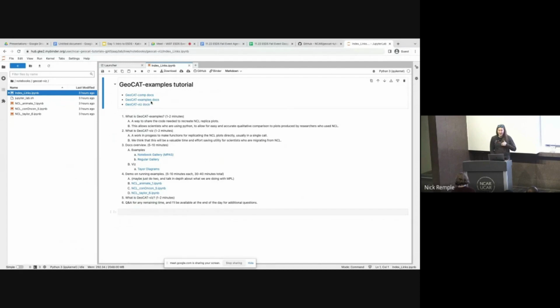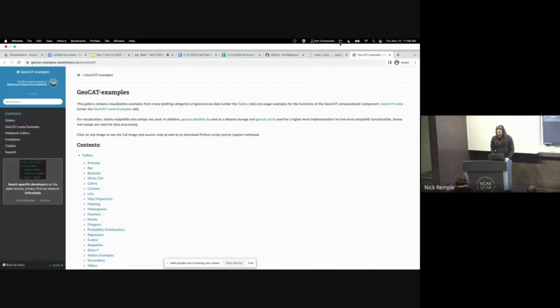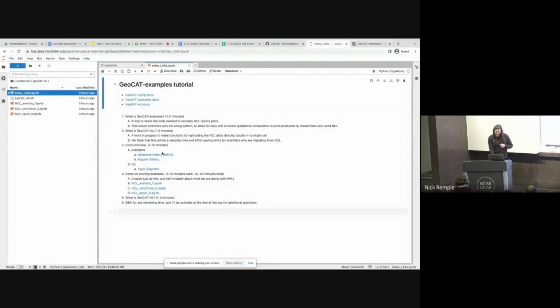Please open up GeoCAT-examples docs. Really nice to have two screens here, but we don't have that right now. Okay, first,